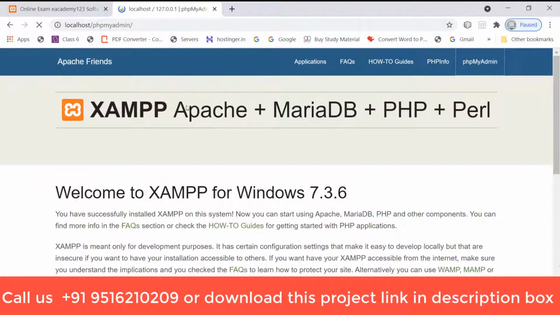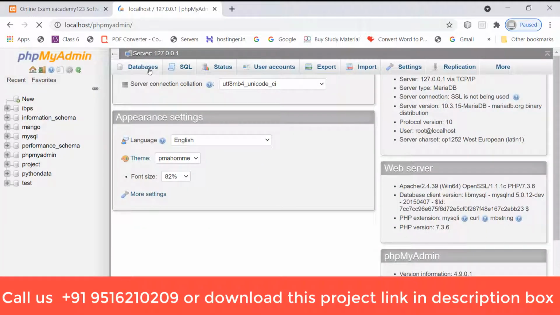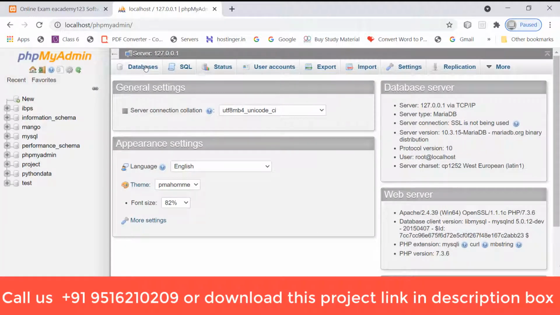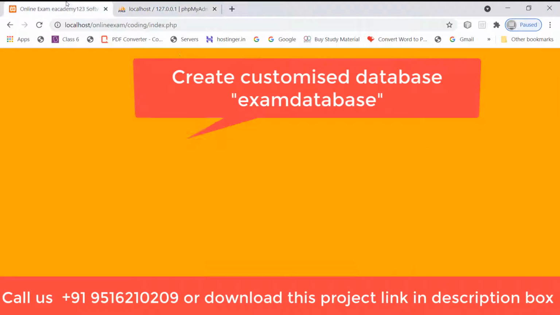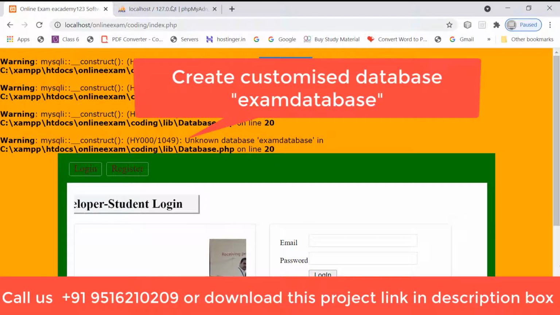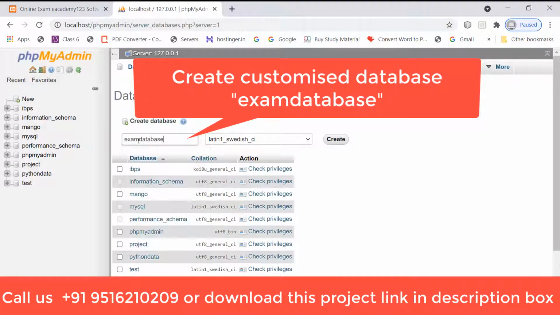Here you have to create a database. Just click New, and put the missing name, exam database, because we need this name.